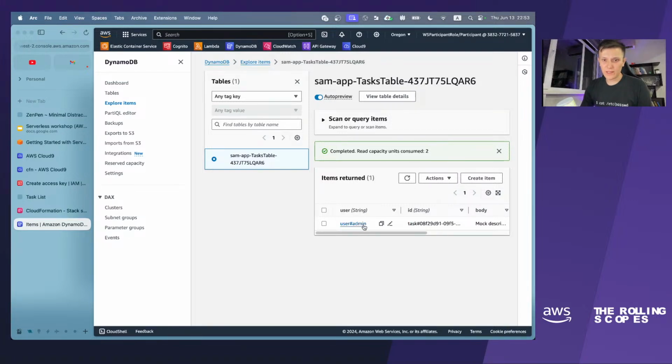Here is admin, and for this user we have task number 2 with this ID, which is constructed by concatenation of task and the unique ID of the task. We have description, we have created and due date fields.